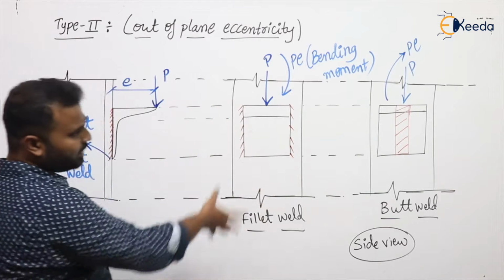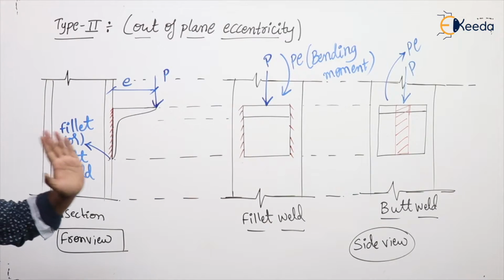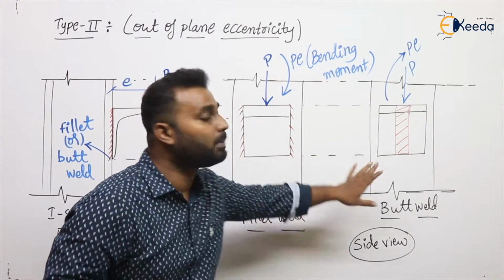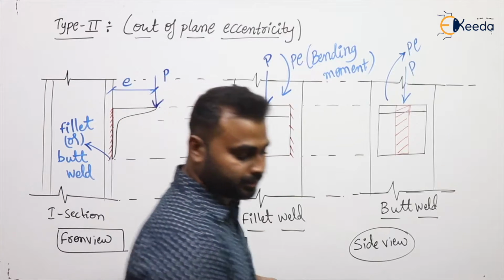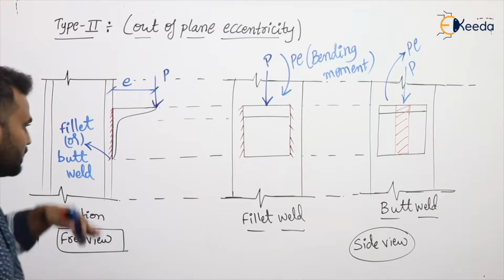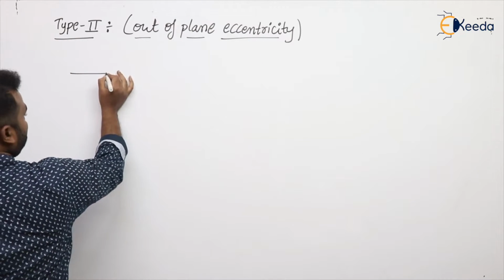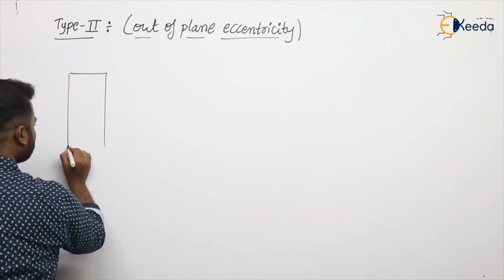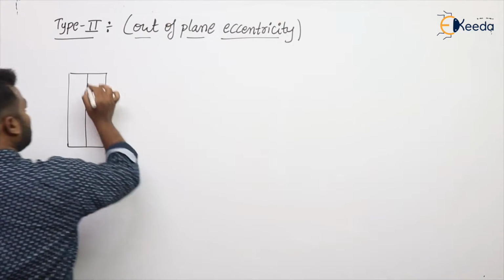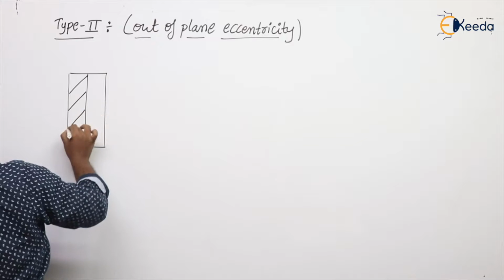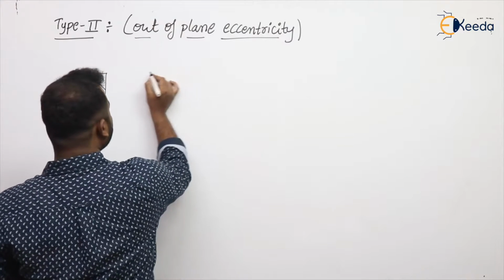Clear? Now I'll rub this diagram. Once you have taken this diagram clearly, I'll rub it and show only the cross sections of fillet weld and butt weld. That's it. And later we'll see the analysis. By showing the cross sections, we'll discuss the analysis. As fillet weld is done on either side, I'm combining those two fillet welds here. So this is the fillet weld done on one side, and this is the fillet weld done on the other side. Is that clear? Now this is the butt weld.